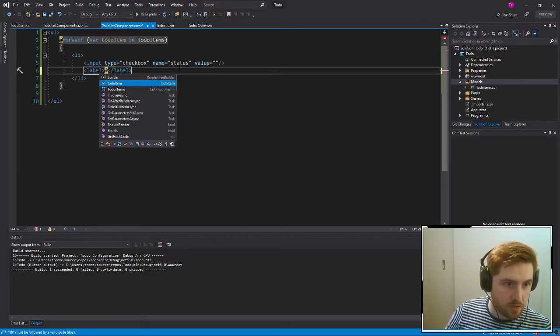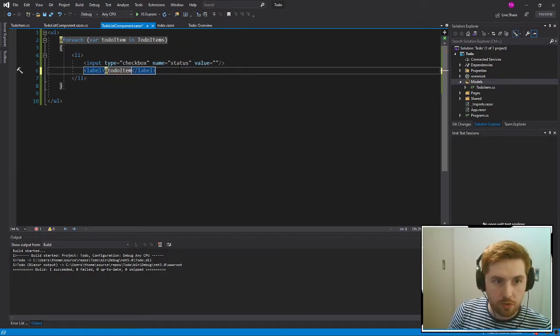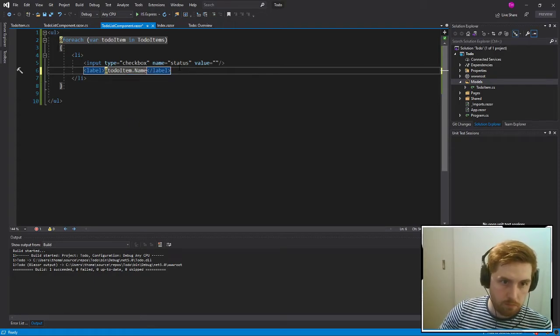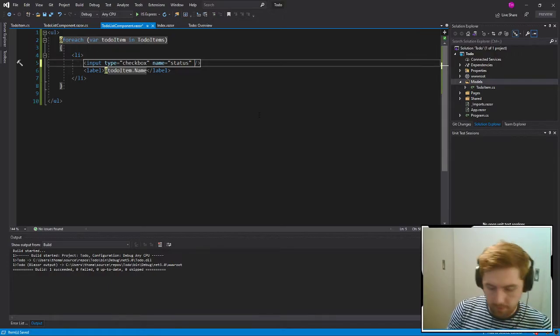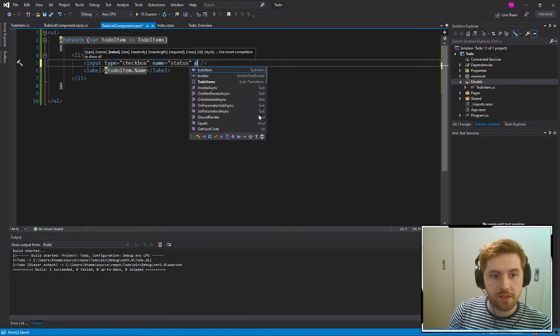So again with the add, and then we have the to-do item, a name, and if you want to bind